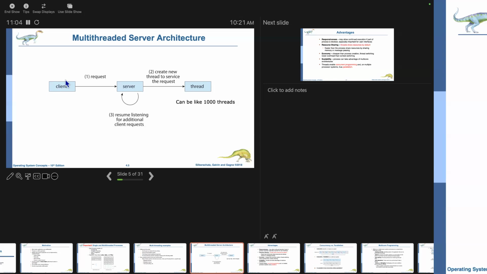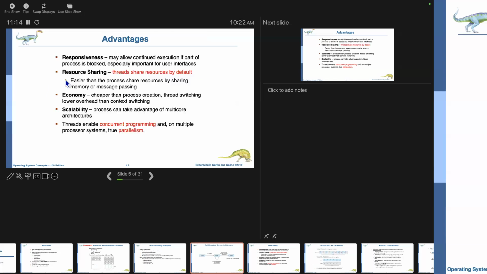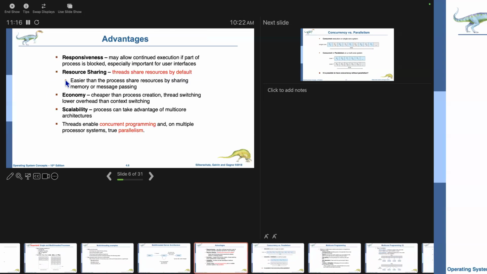That's why adding another CPU to a server increases its capacity and it can handle more requests at the same time. The advantages: